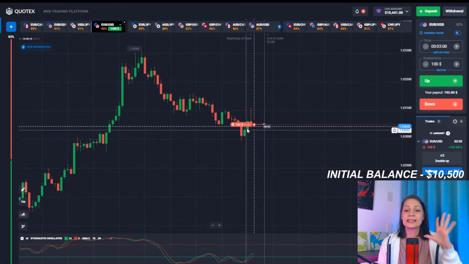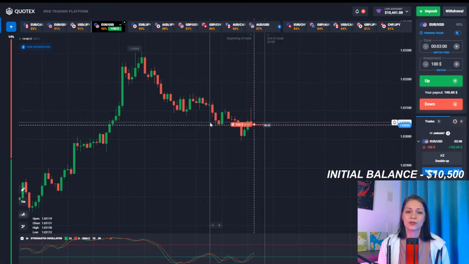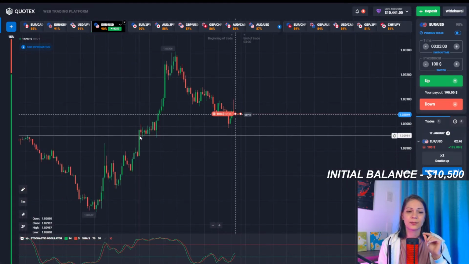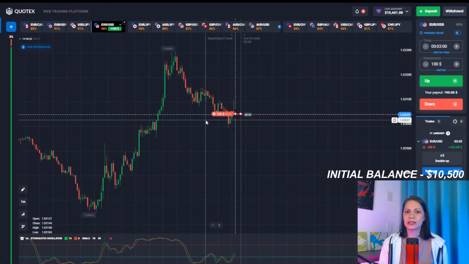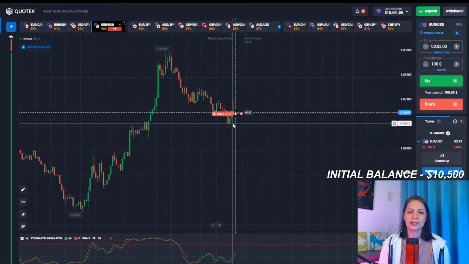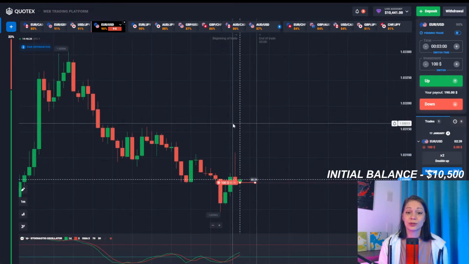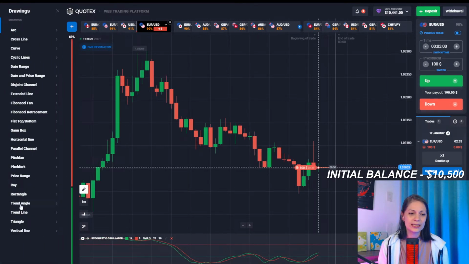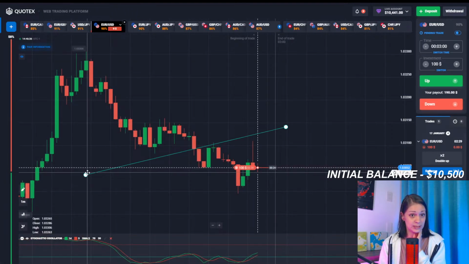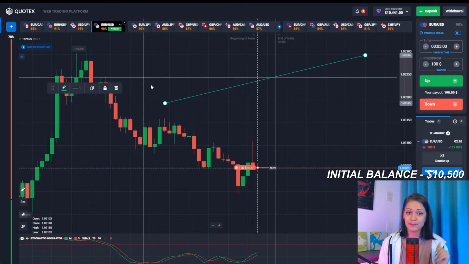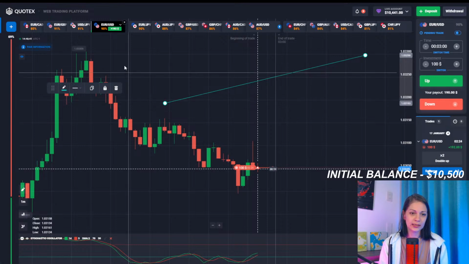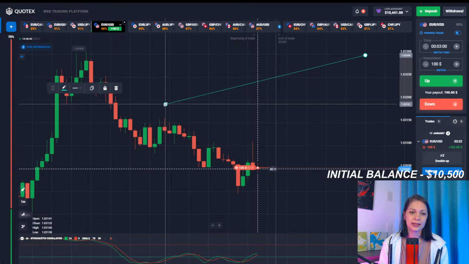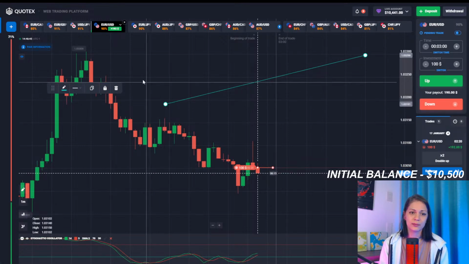Explaining, this is the last chance for the price to do the reversal at this point. Where we see the price could do the reversal and continue an uptrend, that level was not broken through just yet, but right now we see that the buyers had a really good chance to push the price upwards, but it did not happen. And in my opinion, in this moment, bears are going to be dominating.